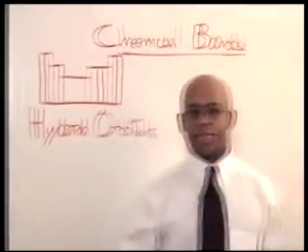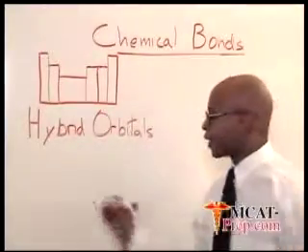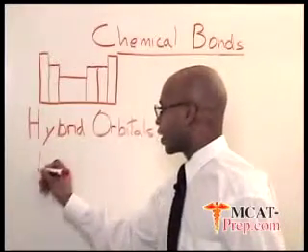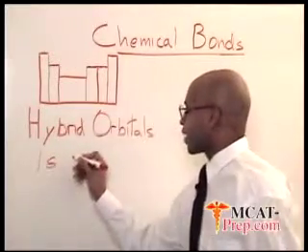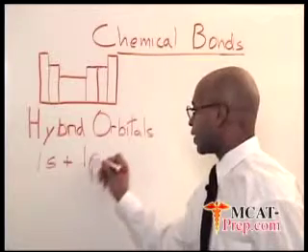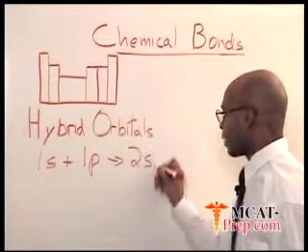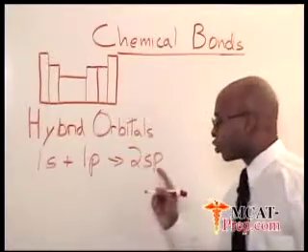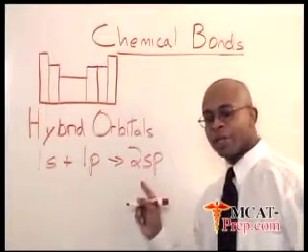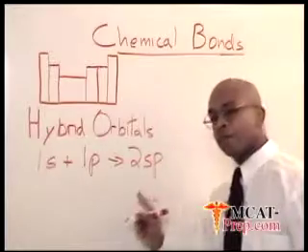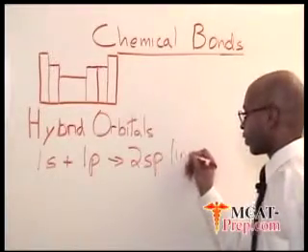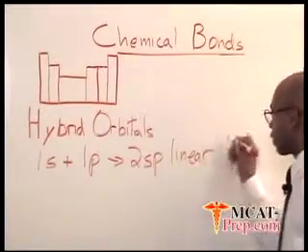Now we can summarize the hybrid orbitals. So if you were to have a 1s electron plus a 1p, you would create 2 sp hybrids. And as soon as you know that there is an sp hybrid, then you know that the shape of the molecule must be linear. And an example of that would be